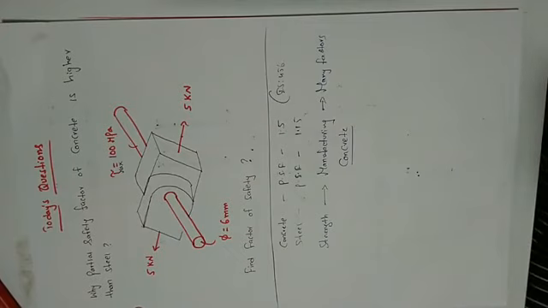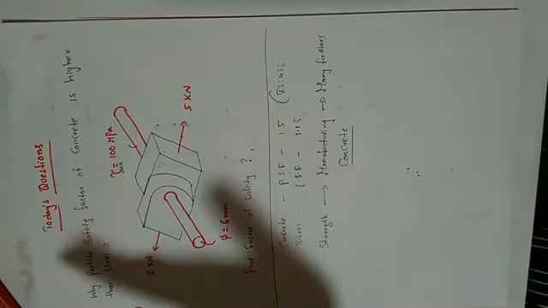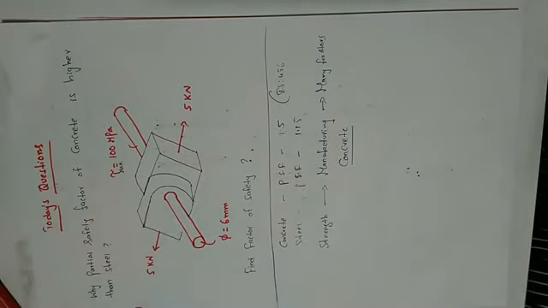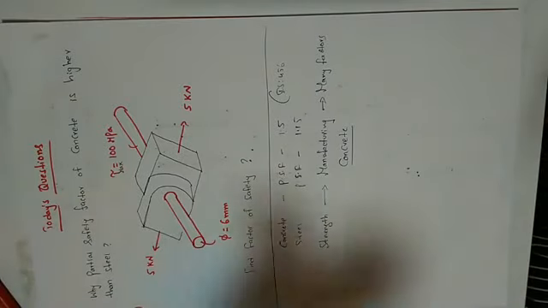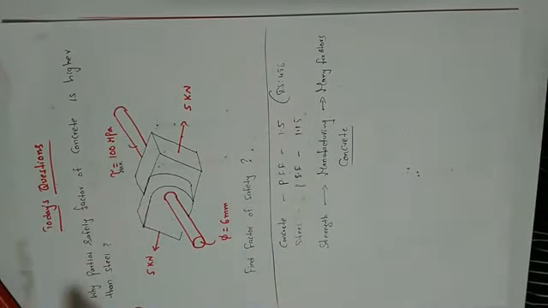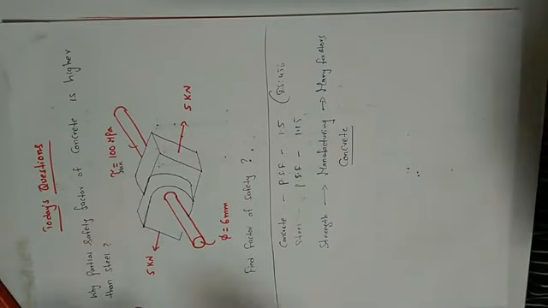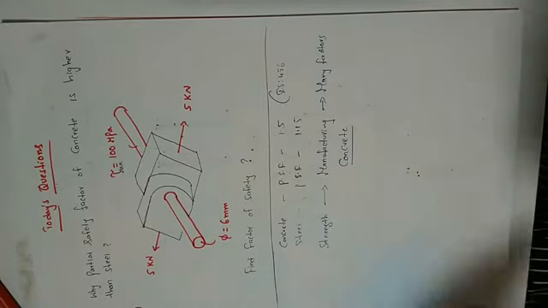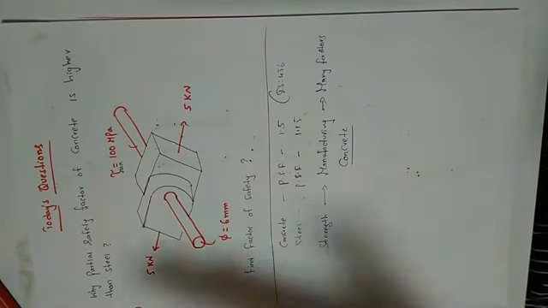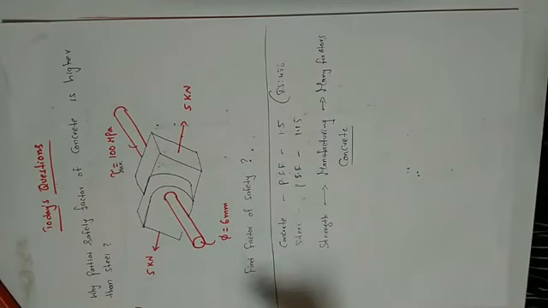See, in an RMC plant, when your concrete is mixed and placed as a batch, that strength will always vary from batch to batch. So one transit mixer, second transit mixer, third transit mixer, even though you are following the same M20 grade, you can't get exactly 20 MPa in every batch. It may vary slightly. So that is the reason why concrete strength is not uniform. It will definitely vary from batch to batch, and within the batch also the value will vary.